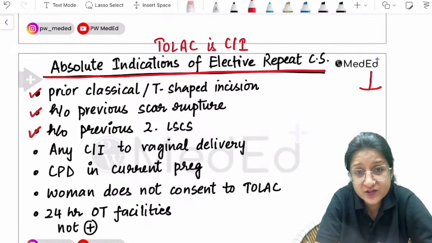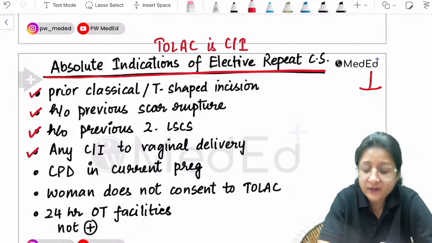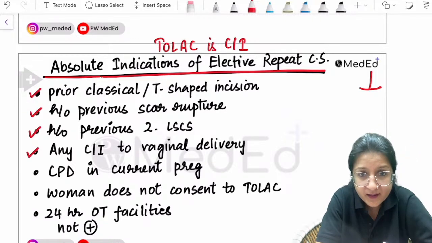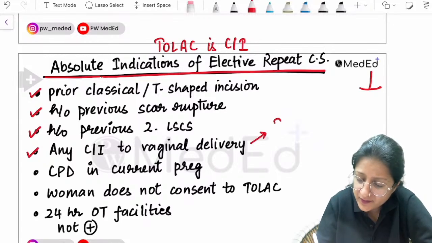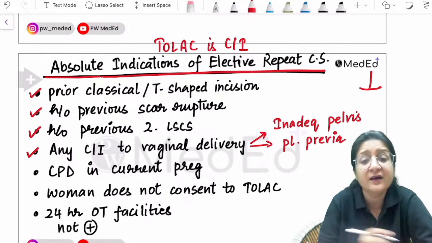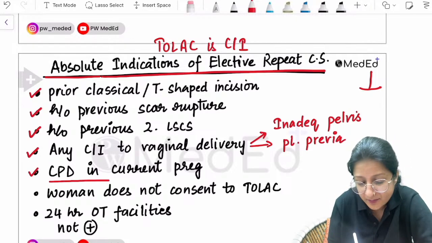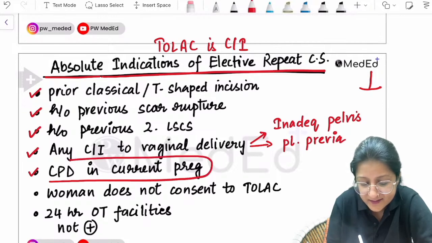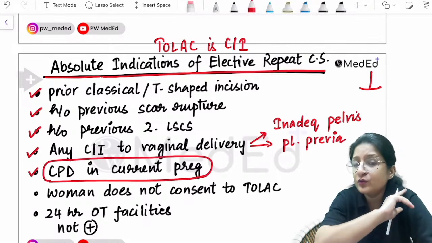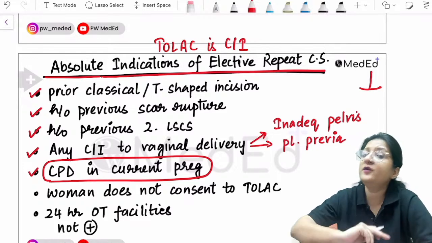Obviously, these are situations where the risk of scar rupture is very, very high. Any contraindication to vaginal delivery, if there is inadequate pelvis, if there is already placenta previa, these are by themselves indications for cesarean section, right? If there is CPD in current pregnancy, then I will absolutely not go for vaginal delivery with the previous cesarean section patient, but go for an elective